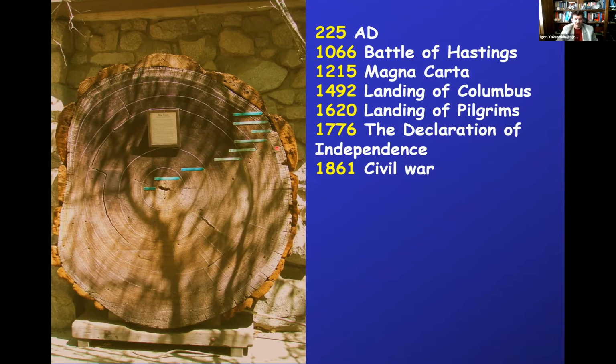And then, of course, we're talking about landing of the Pilgrims, with then we already discussed the Thanksgiving, due to tiny little bitty fungi known as the yeast, and then, of course, Declaration of Independence, 1776, and the Civil War, and I think it was cut down, well, it fell off in early 1900s. So as you can see, those trees can live literally for thousands of years.